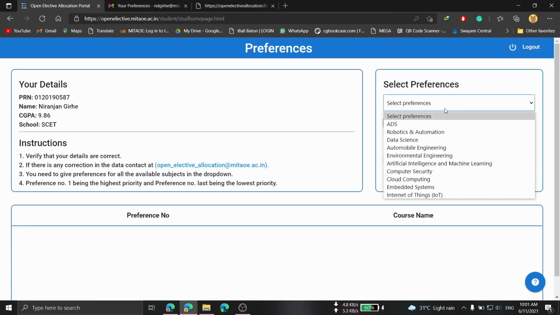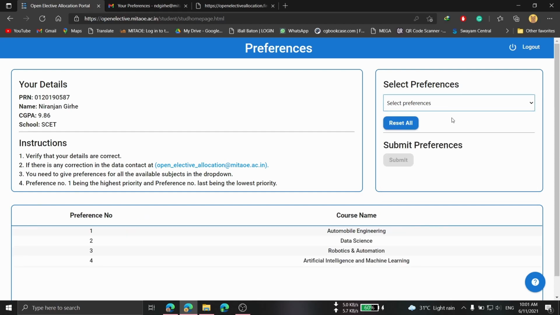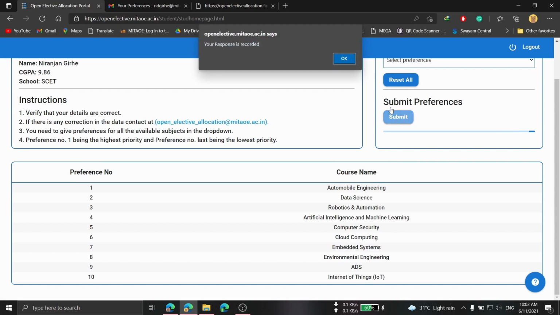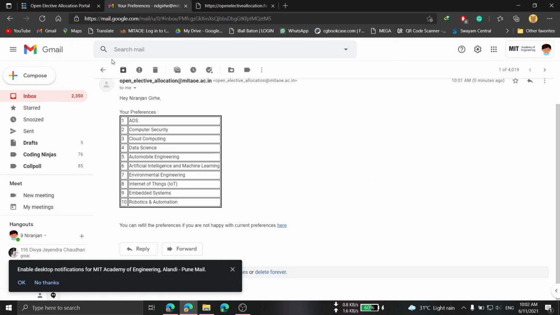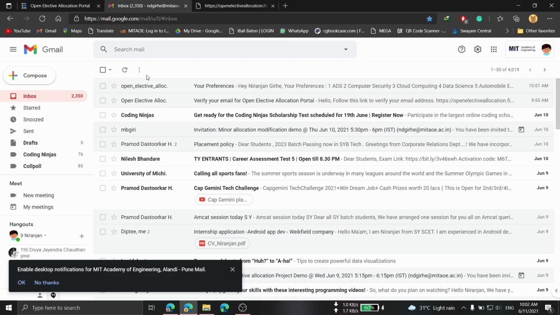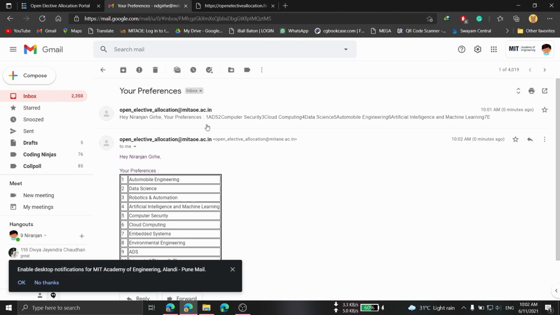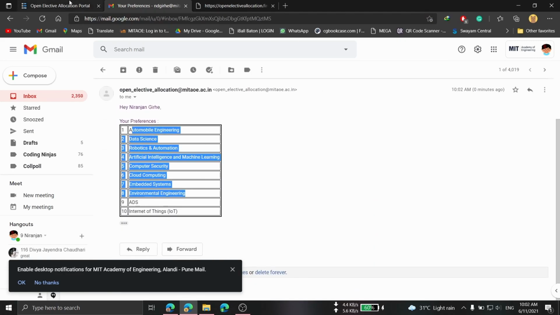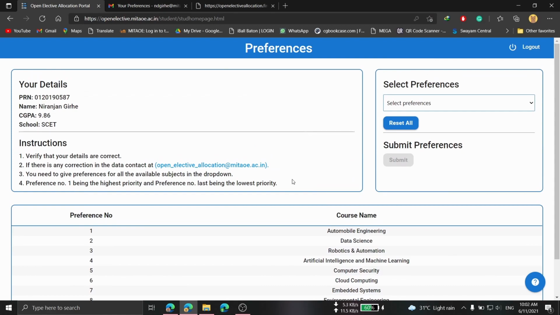I can reset it all and choose different preferences. I can do this any number of times until the deadline is over. So I can submit it again and it says your response is recorded, and I will again see one more mail. So these are my new preferences. So this is how a student will set the preferences.